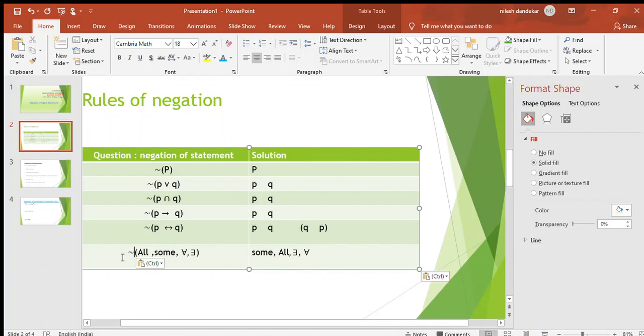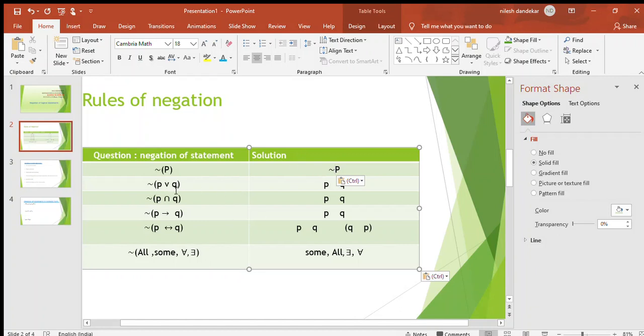Now its solution. What does the rule say? The negation of a simple statement is just to do the opposite of it. So if the statement is P, then its negation is negation P. That means if not already exists in a line, just remove it, and if there is no not, insert it.